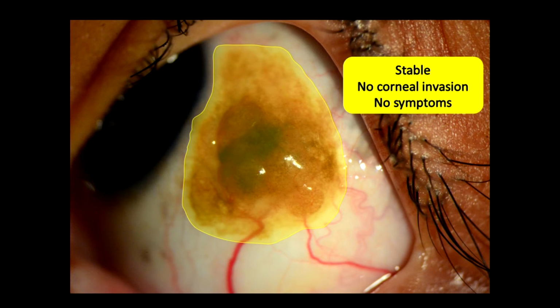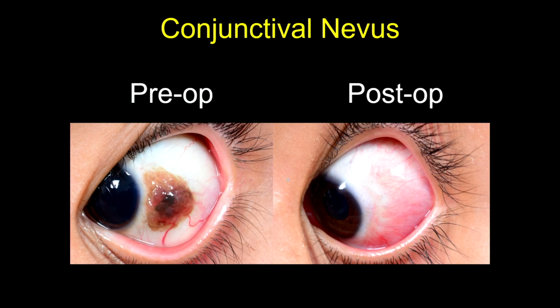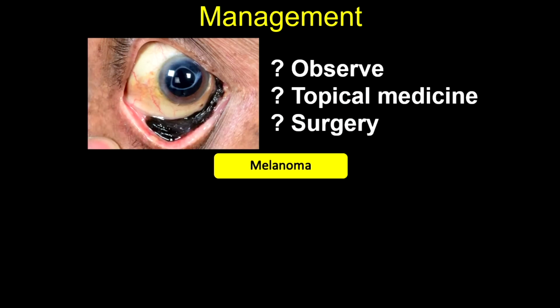So a wide excision biopsy was done, cryotherapy applied to the resected conjunctival edges, ocular surface reconstruction done with amniotic membrane, and the patient showed excellent cosmesis post-operatively. How do you manage malignant melanoma? That Dr. Honavar has already dealt with. Observation and topical medicine is an absolute no-no, and melanoma is mainly a surgical disease, so wide excisional biopsy followed